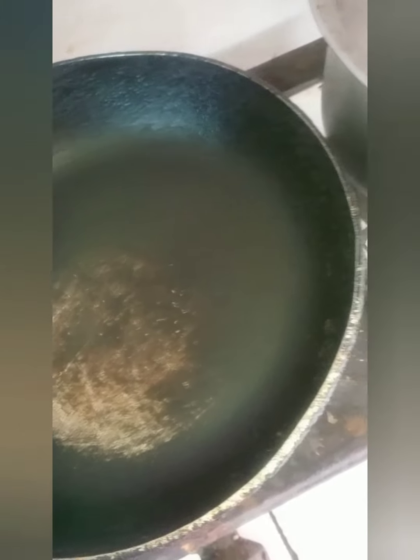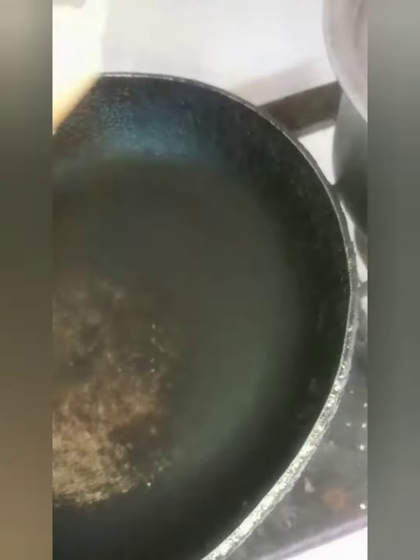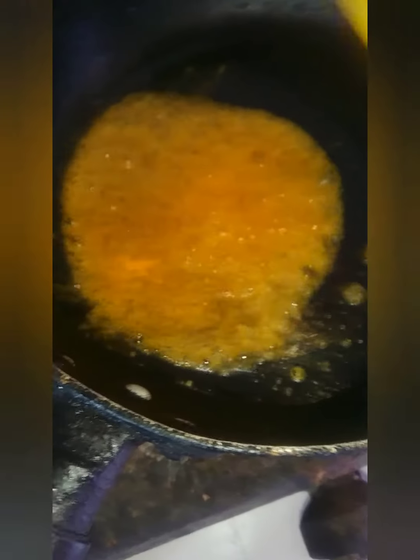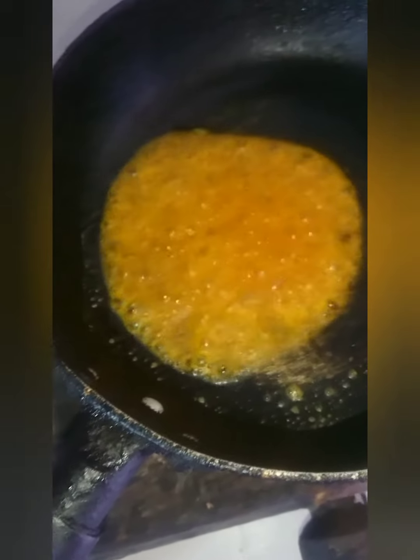So I already put up my frying pan. Yeah, I already cook in a frying pan, and I'm going to add my little block of golden wheat and let that melt. Okay, once it's melted, I'm going to throw in my freshly chopped vegetables, which is the tomatoes, the pakchoy and stuff, and let it cook. So there, I throw this in. I'm going to mix this up,